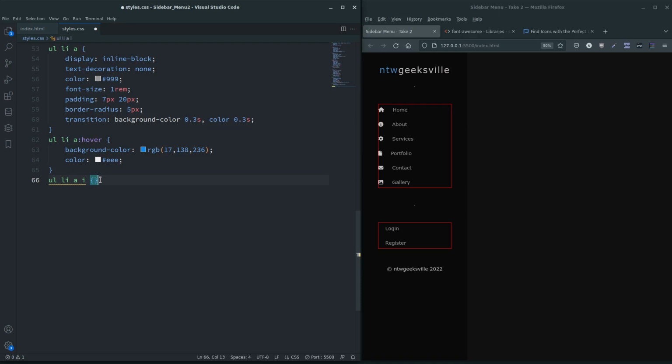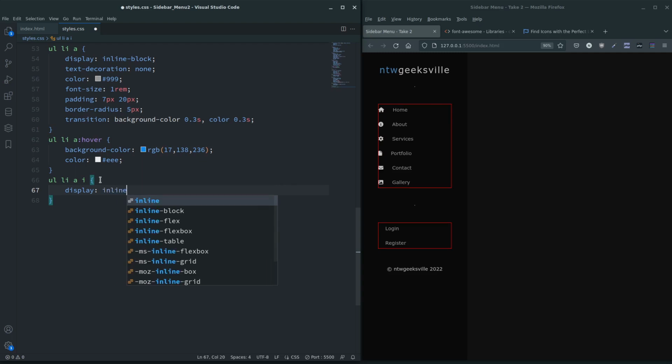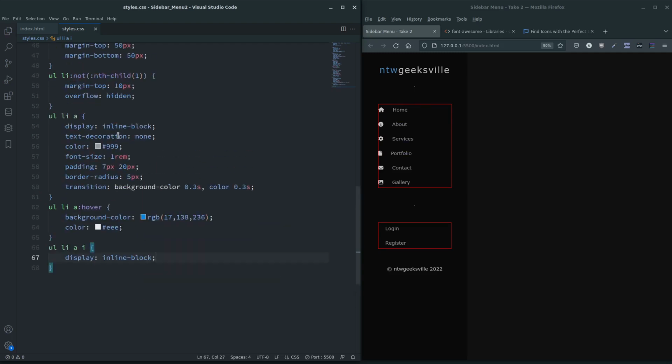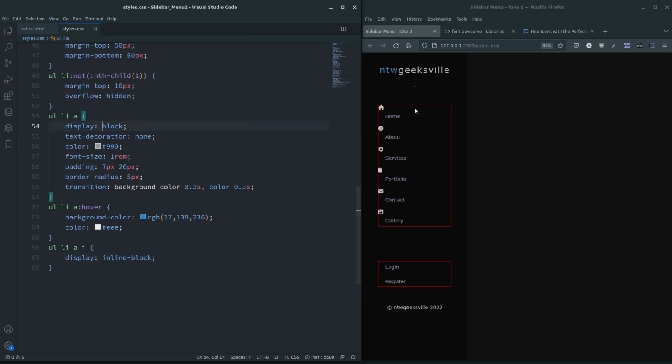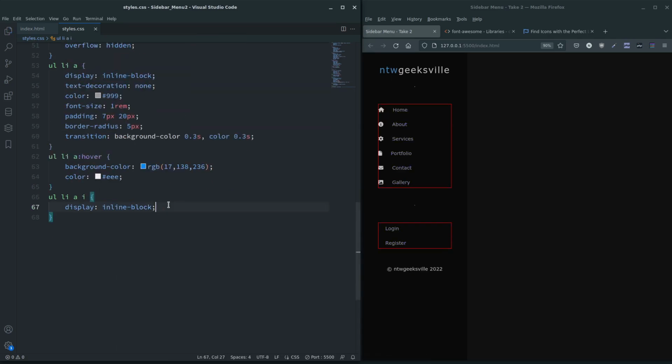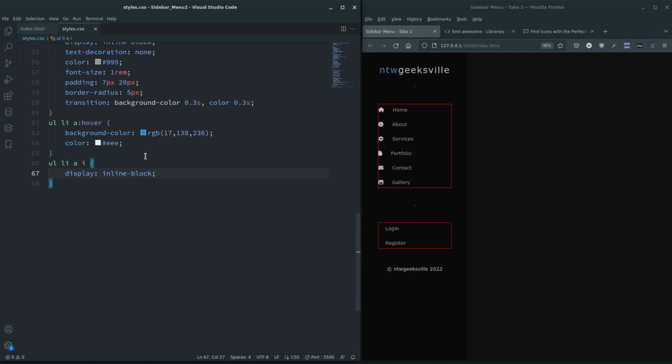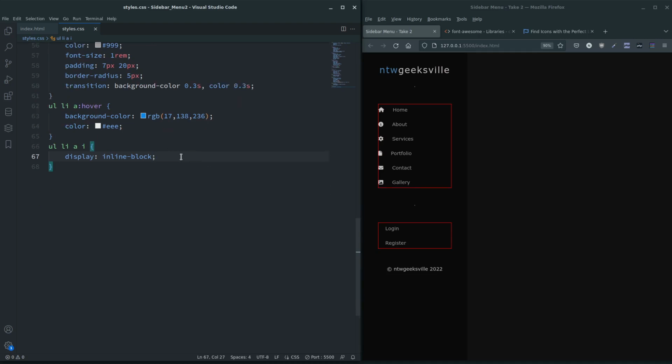So I'm going to say again, display inline block, like so. And now if we take that out, you'll see what I mean. Inline block,